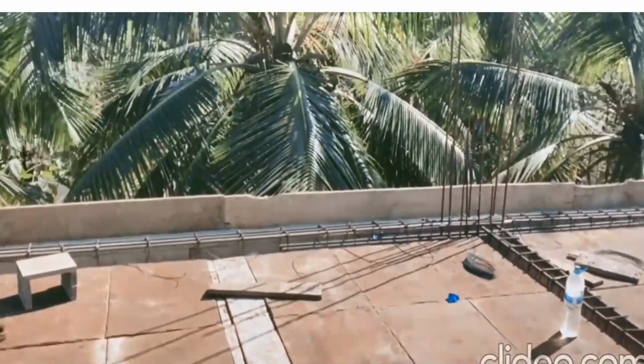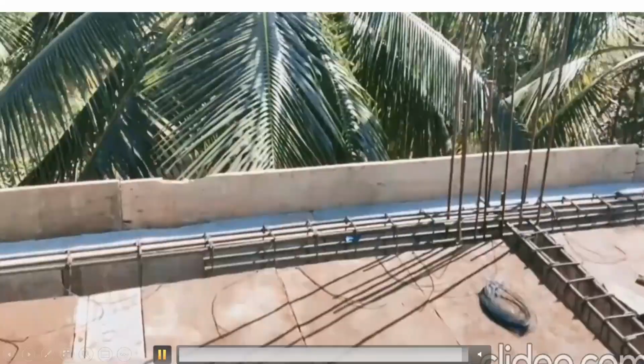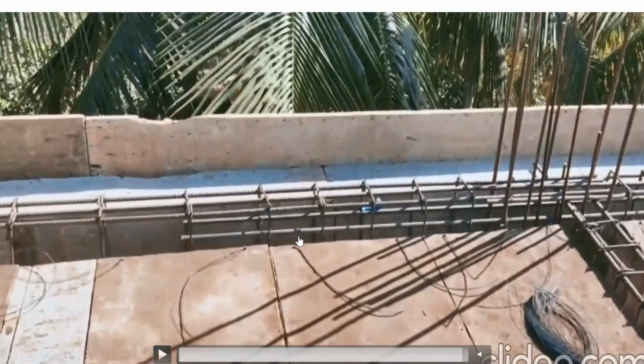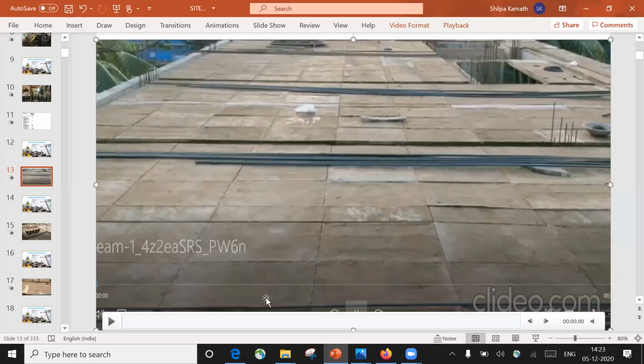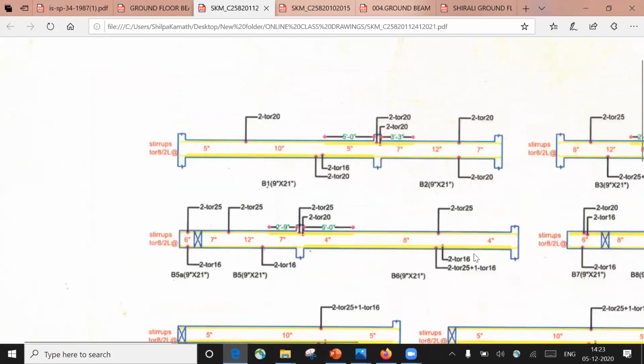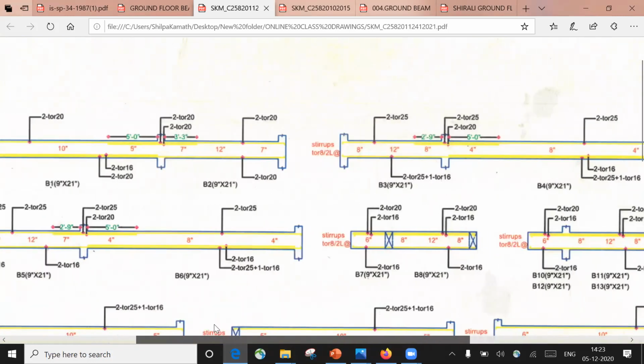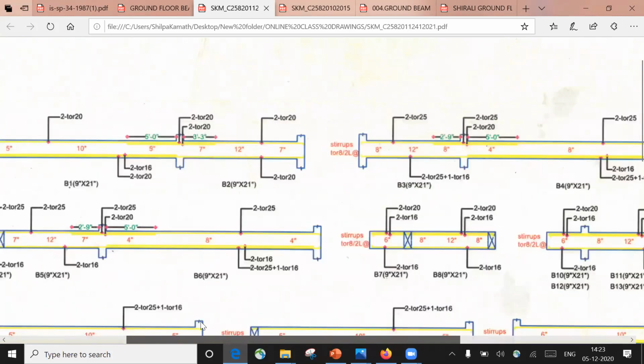You can observe it, right? I'll try to pause it somewhere here. Now you can see the bottom bar, right? This is going only up to this distance, whereas the top bar is going for the full distance, whereas this bar is going up to this distance. So what is the reason behind that? Before understanding the reason, we'll try to see the same drawing. Now look at this particular drawing. We'll try to see this drawing now.